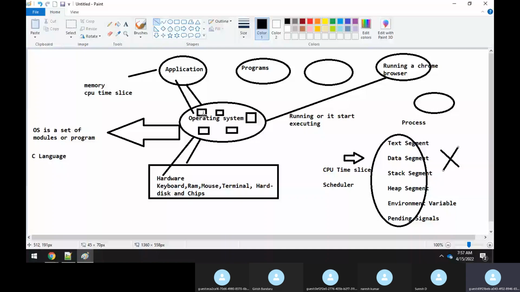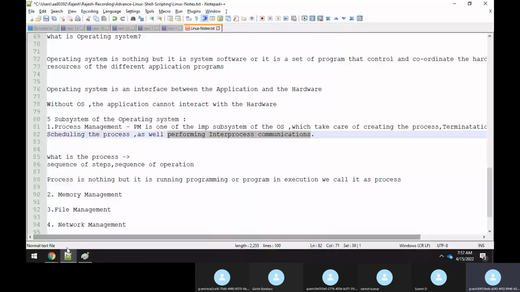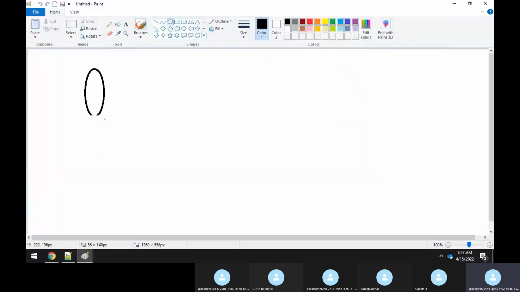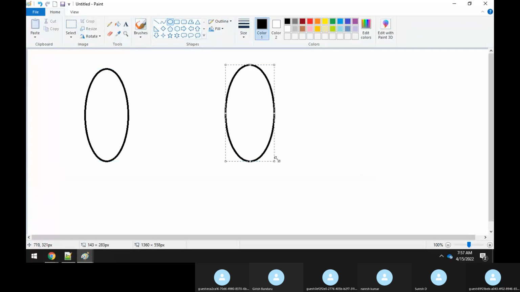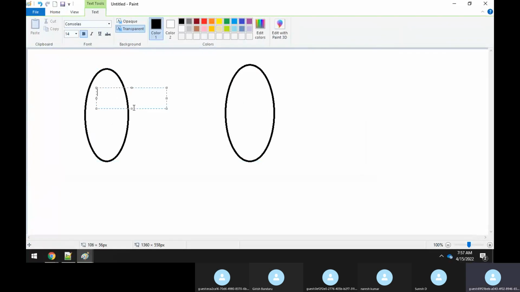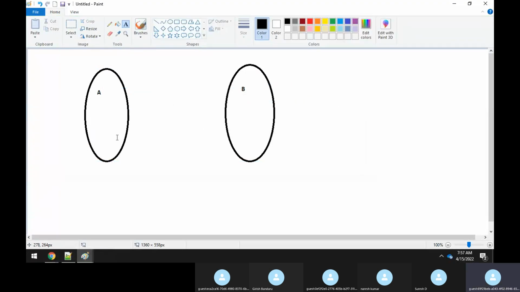Okay, guys. Now, what is the inter-process communication? Say there are two processes, I'm just saying that. Don't worry about all these things, we'll come to it in a little more detail after some time. Just say that there's a process A and there's a process B. Both these processes want to communicate with each other. They can communicate with the help of some kind of IPC tools, inter-process communication tools. IPC means inter-process communication tools.